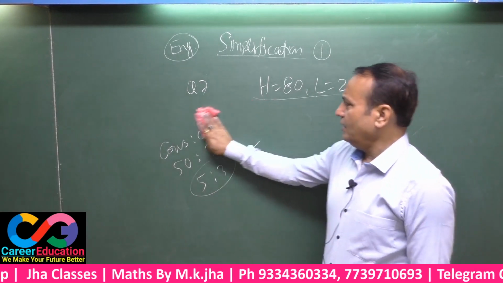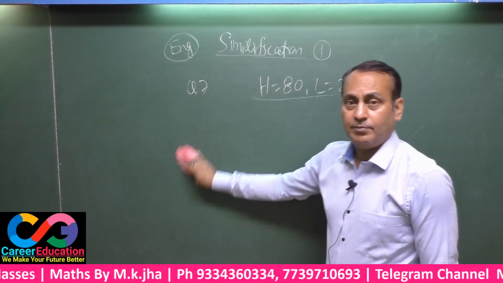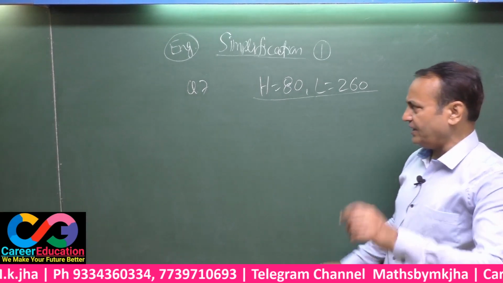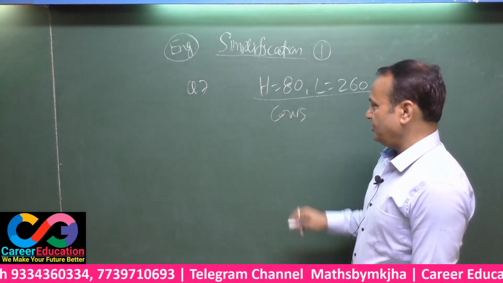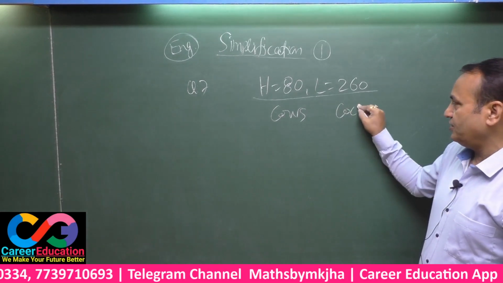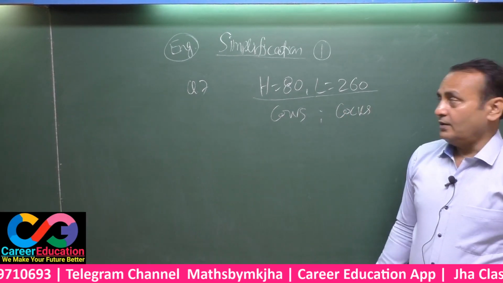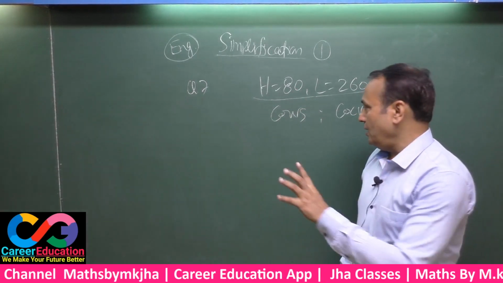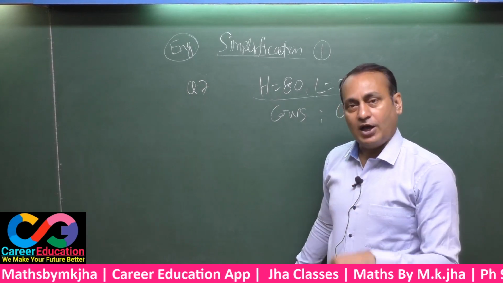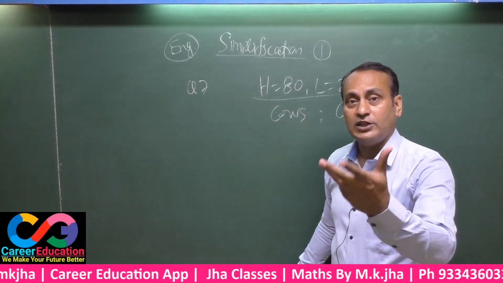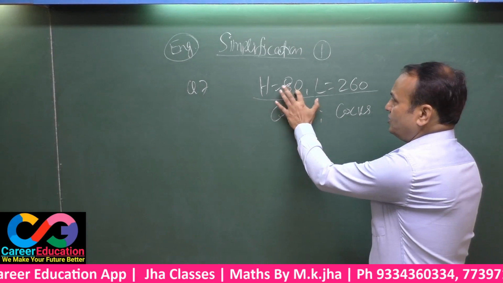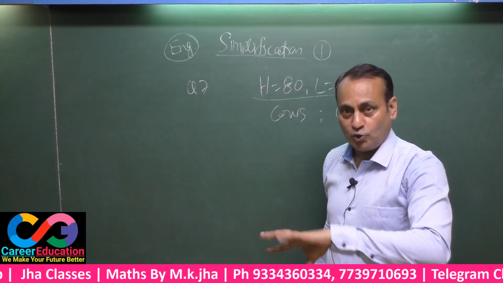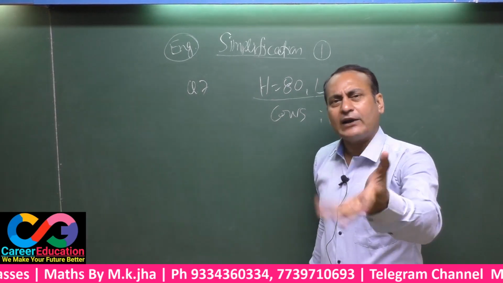Now, you can have the ratio directly without having the numbers of cows and cocks. See here, another method. Here must be written cows, here must be written cocks. Okay? You can have calculation based upon only one piece as well, or you can have calculation based upon all the pieces as well. See here. Since there are 80 cows and cocks in toto, you have to suppose all are cows only.